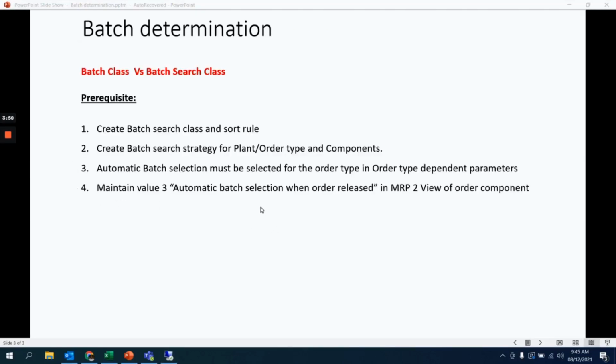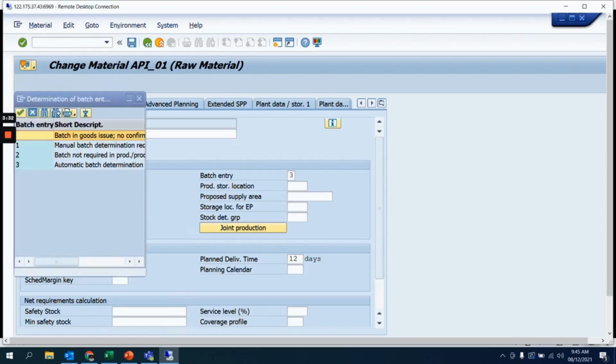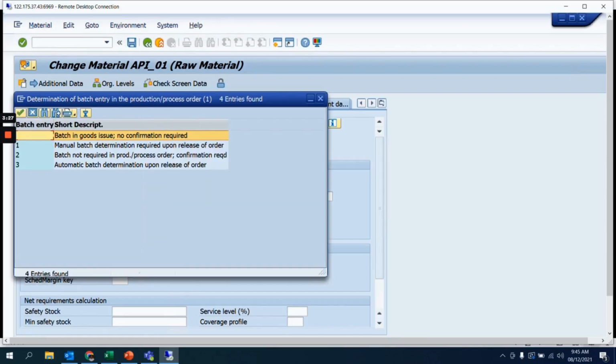The last setting is that we need to define in the component material master, in the MRP2 view, automatic batch selection at the time of release of the order. Here our BOM component is AP_01, for which I am maintaining the batch entry as 3. 3 is nothing but automatic batch determination at the time of release of the order.